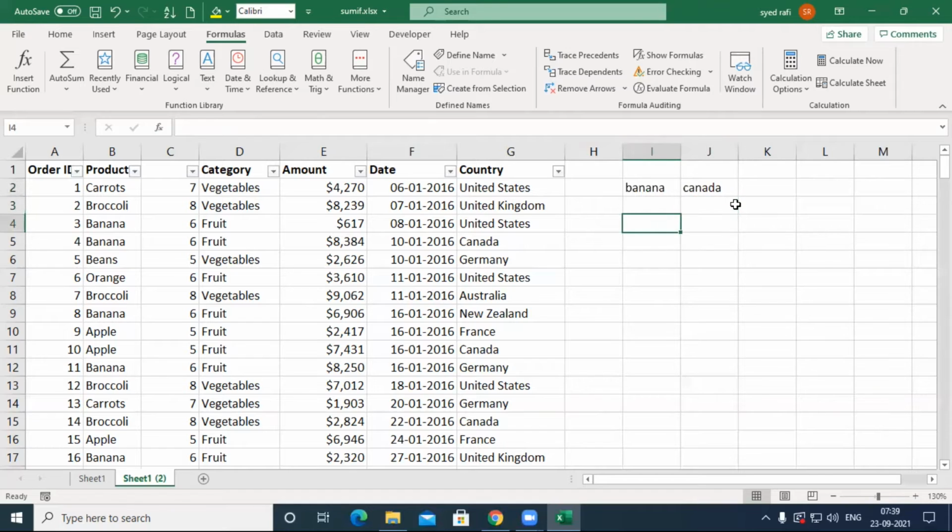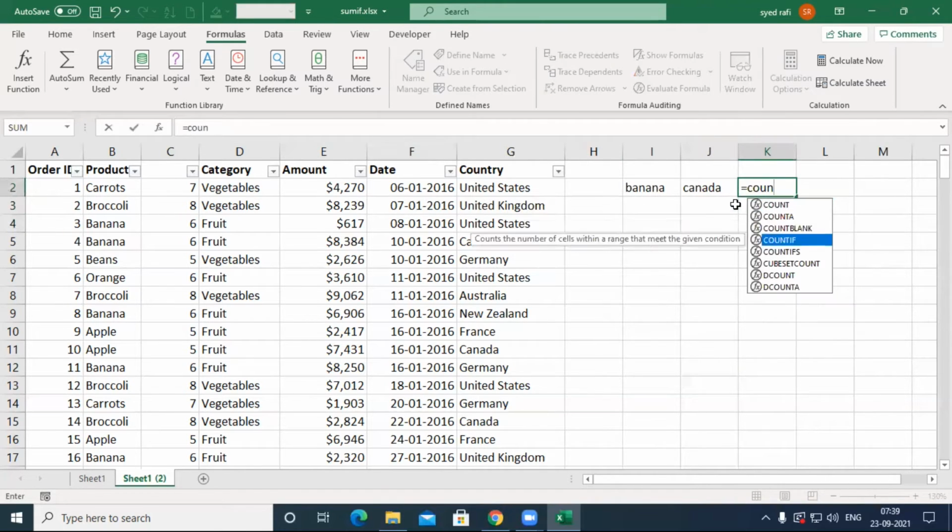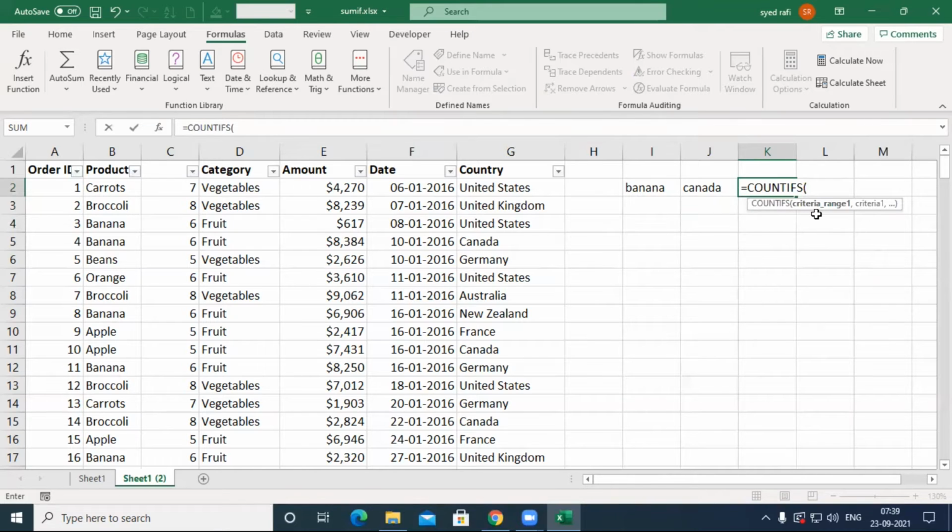So let's check how to get this answer: equal to COUNTIFS. The first argument is criteria range 1. You can take either this one or this one as criteria 1, there is no problem. So I want to take this one first.